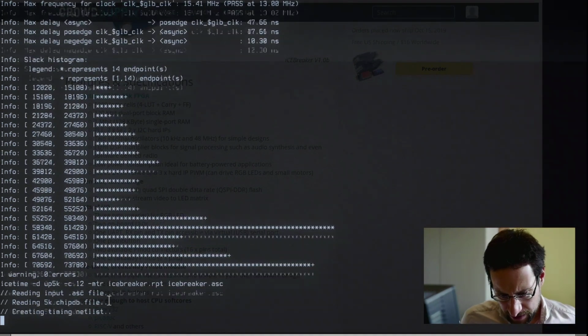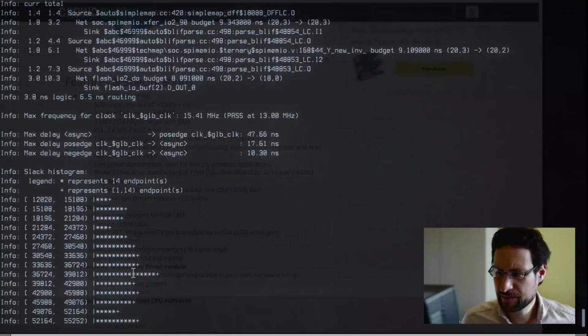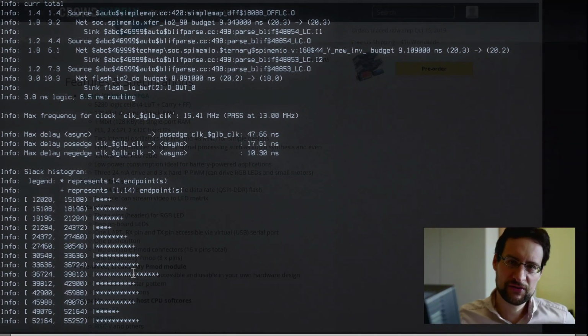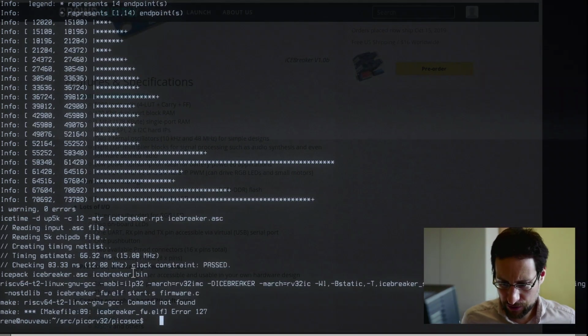You see now this is Icetime, so now it's doing some timing simulation. By the way, this open source stuff is so cool, it's even doing simulation. If you want to get into this, it is a super amazing example from Clifford Wolf, because not only is it doing some